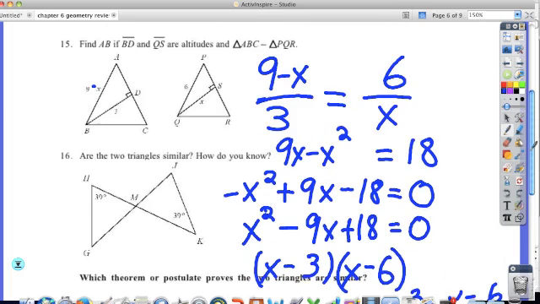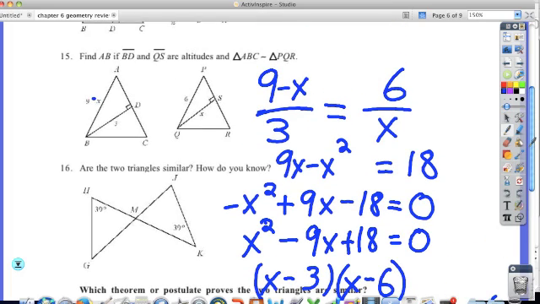Why can x not be 6? Because PQ is 6. It's across from a 90-degree angle, which is going to be the largest angle, so it has to be larger than the other 2 sides, right? So the only thing that works in application